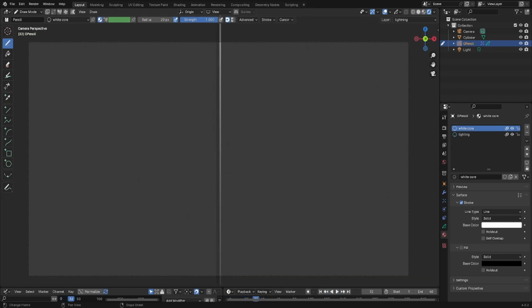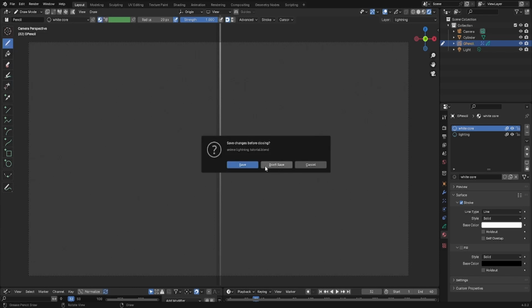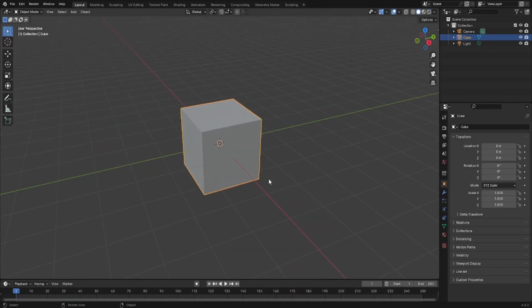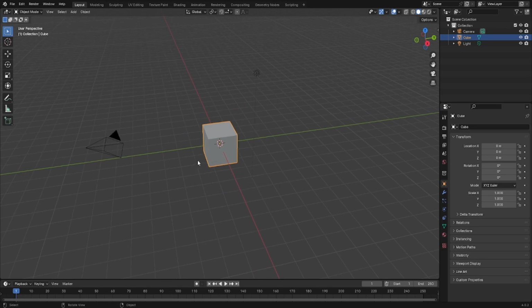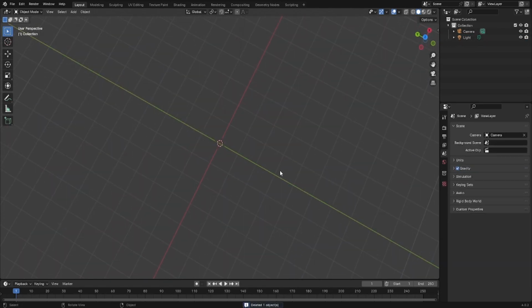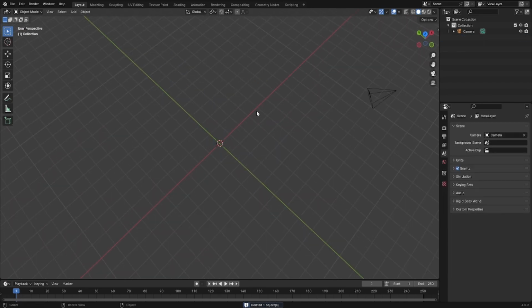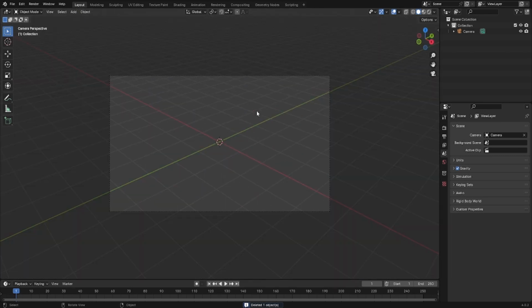Starting from scratch, what we're going to do is go to File, then New, and then General. I'll go ahead and save that file, we might need it for later. You've got your Blender set up here. Delete your cube, all of that good stuff. You can delete the light source too. But we're going to start from our camera view